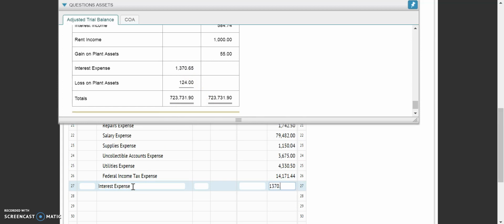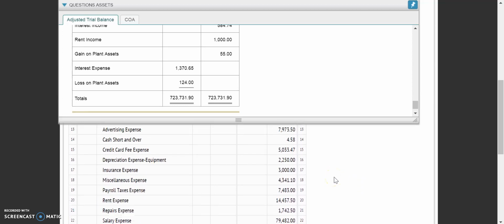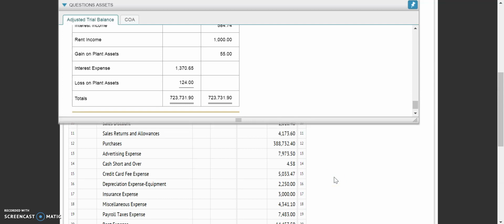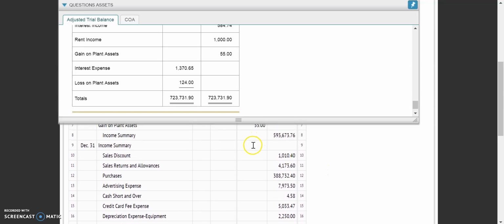So 1370.65 and our loss on plan assets of 124. So that's the worst one because we have all of those expenses plus the few other ones that we have, other accounts that have debit balance that we need to close. So when we do this and we total all of those up, we come back up here to our income summary amount that gets the debit, and that total is